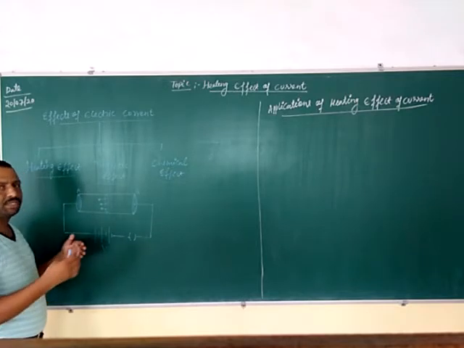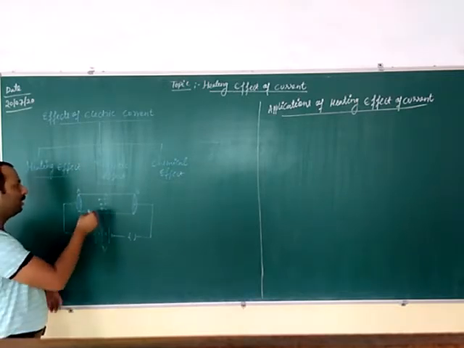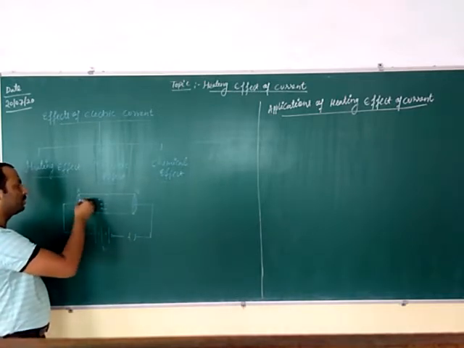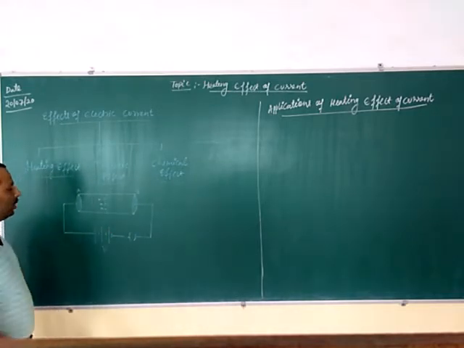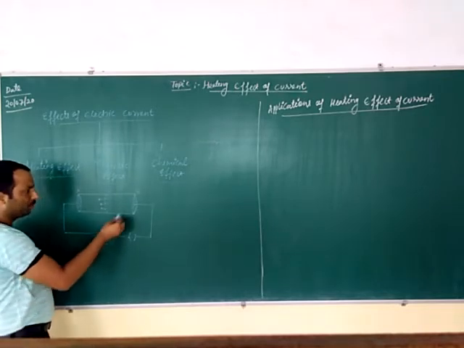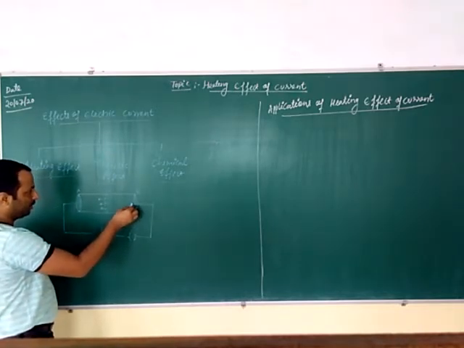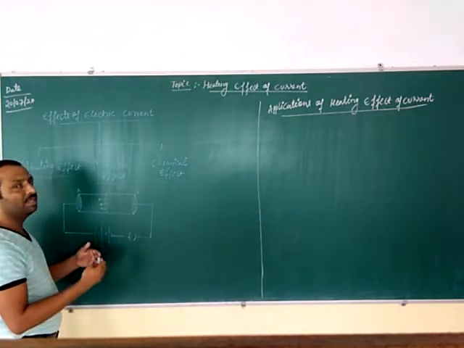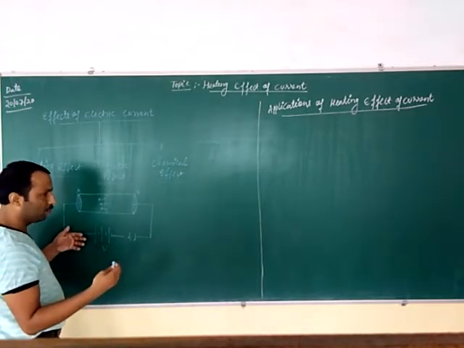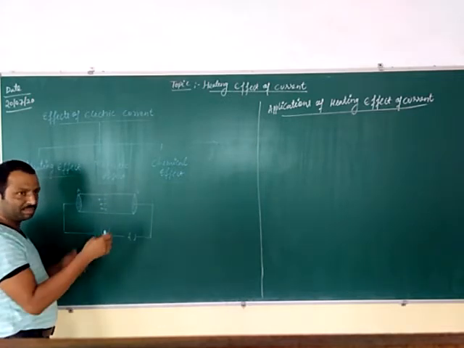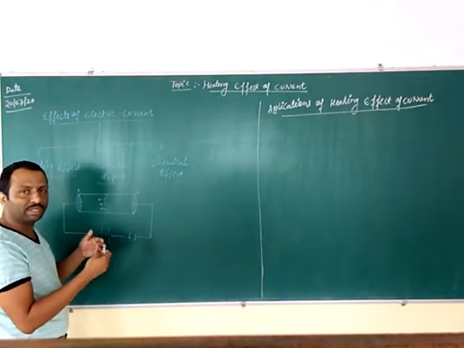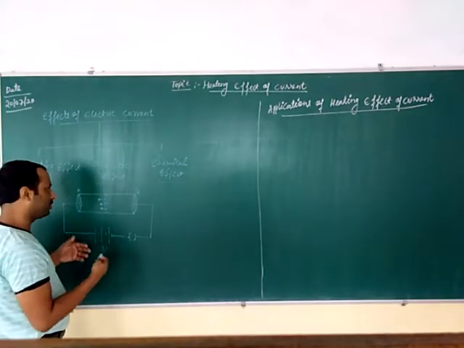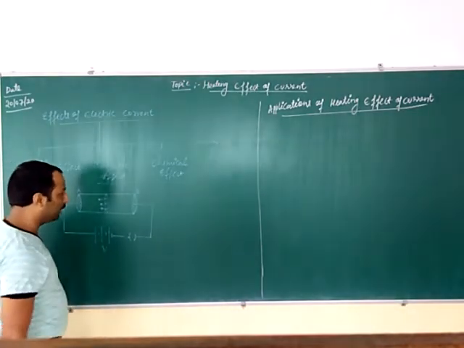They will collide with each other and also with the atoms or ions of the conductor while drifting towards the positive terminal of the battery. All the electrons will start moving towards the positive terminal of the battery, so they will collide with themselves. It means the collision between electrons takes place, as well as the collision between the atoms and ions of the conductor takes place. So due to that, what will happen?